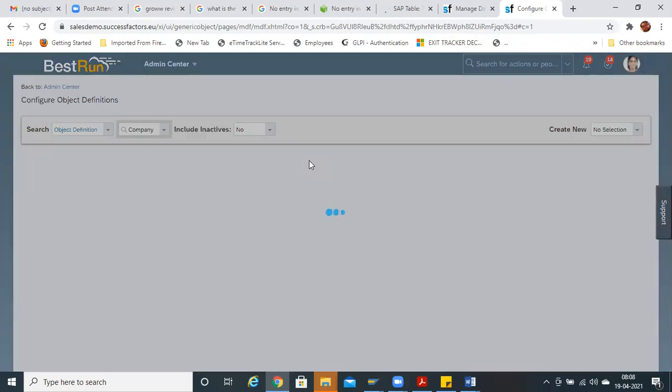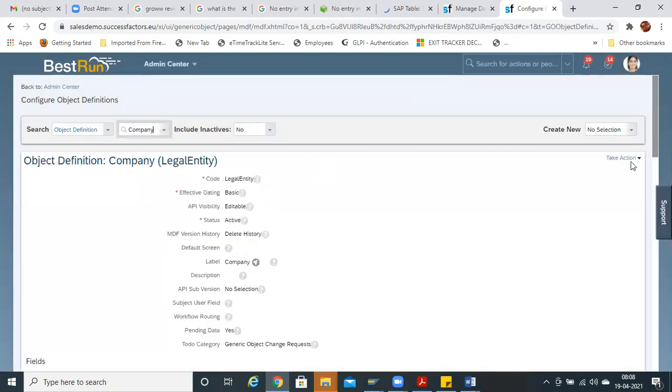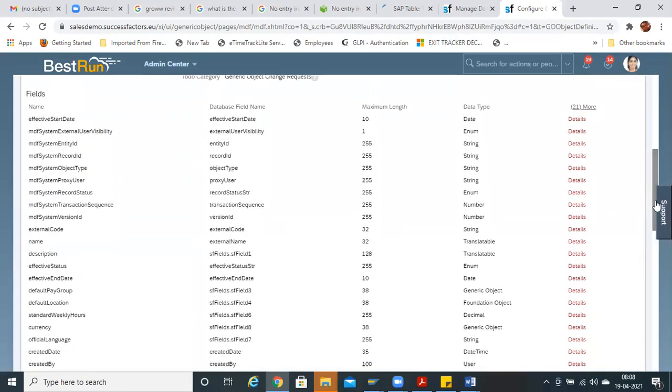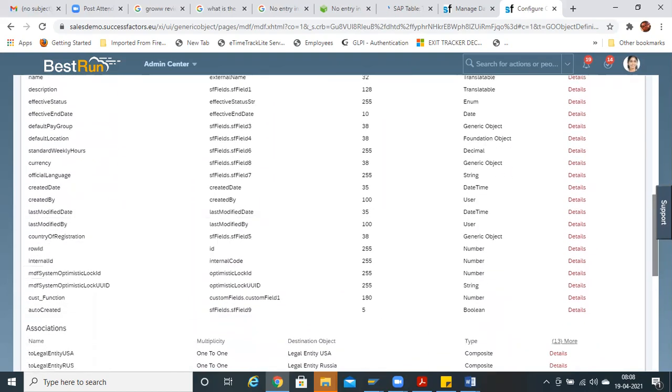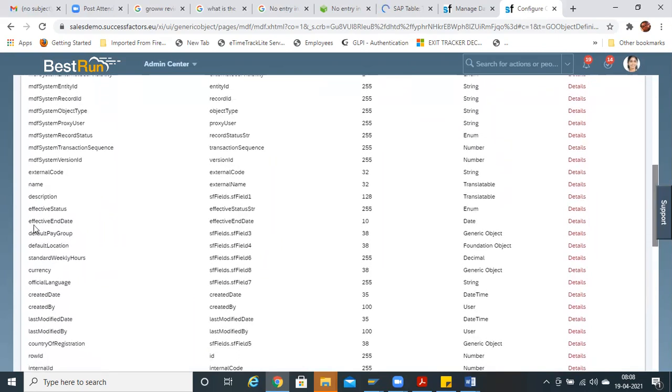If you want to configure any field in this already configured object, or you want to hide a field or make any field required, these are the fields you can see: default pay location, currency, created by, effective end date.